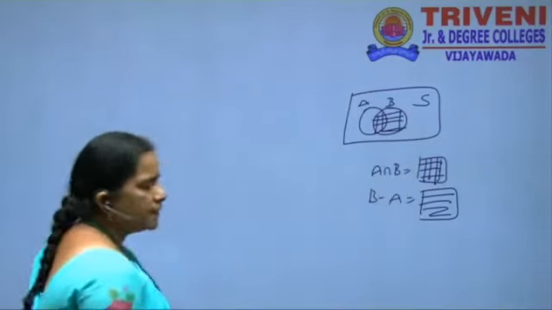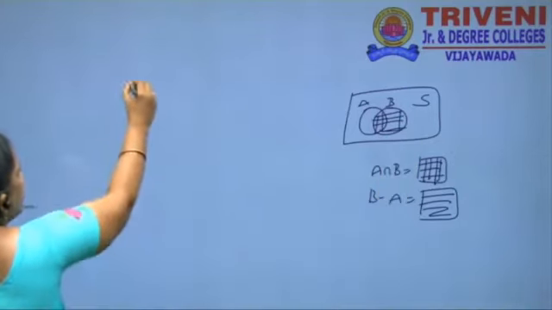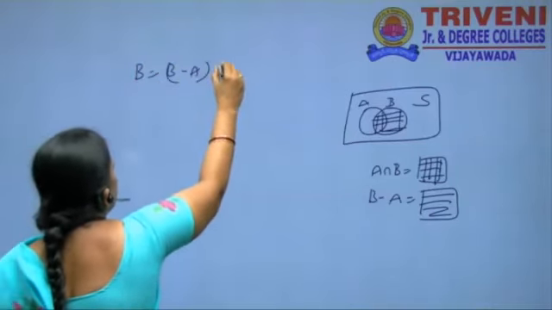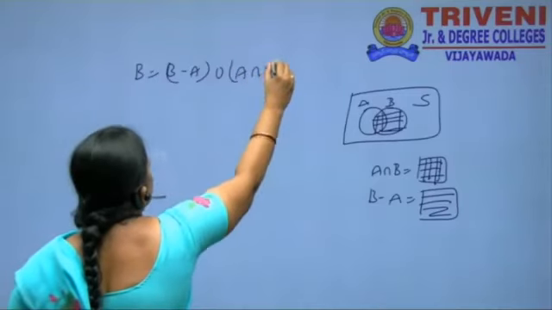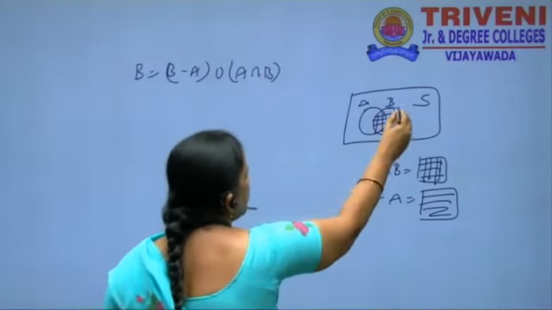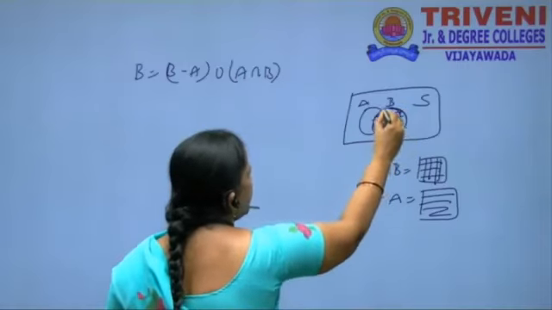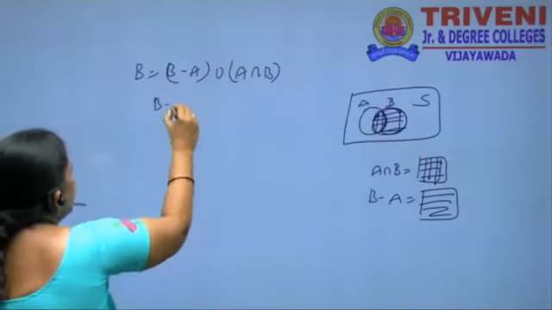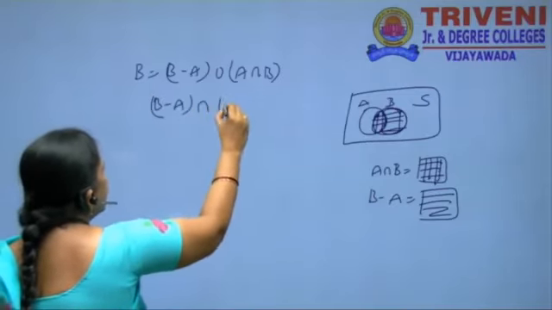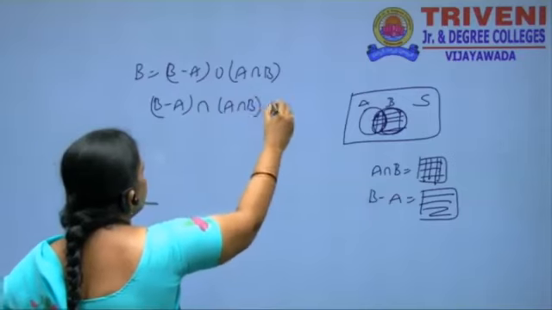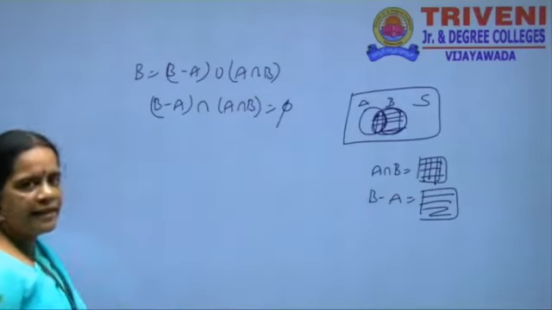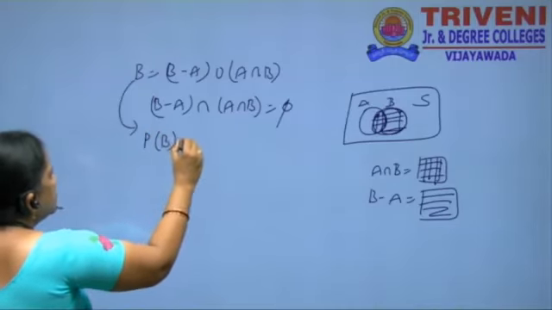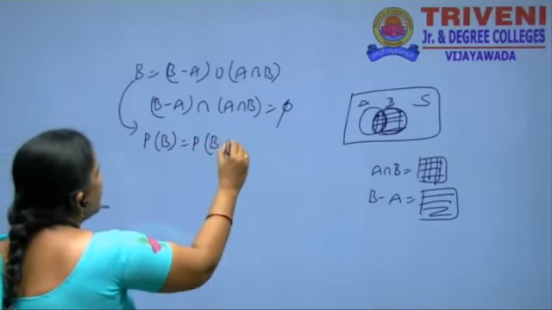B minus A is equal to, take the value: B minus A union A intersection B. B minus A union A intersection B, the union is B. Similarly, the intersection of B minus A and A intersection B is equal to phi. Applying the theorem on probability here, P of B is equal to P of B minus A